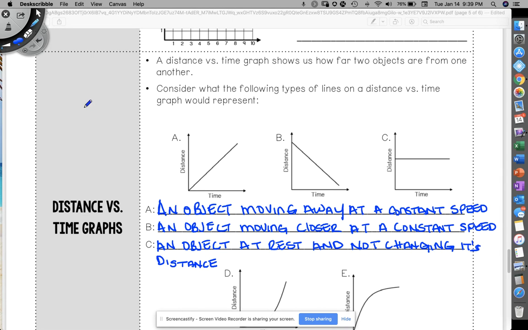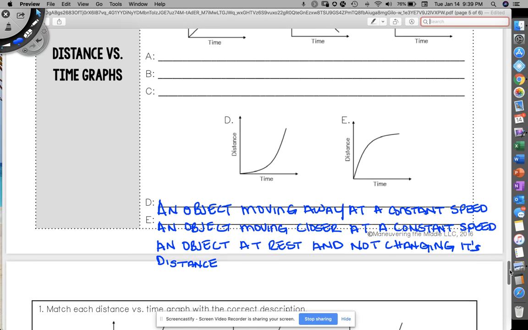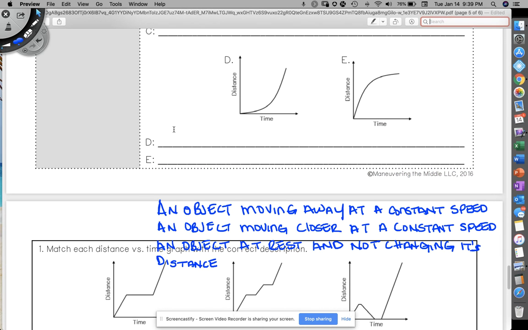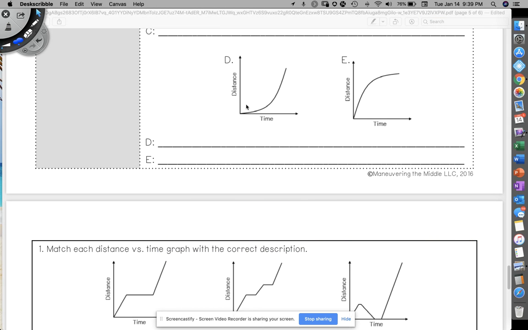Let's go ahead and look at D and E. Now, D and E, if you notice, are not straight. They curve. They have a bend in them. They're not a circle, but they would form a parabola of some degree. If we were to extend this graph in this direction, you could see that it could go up and